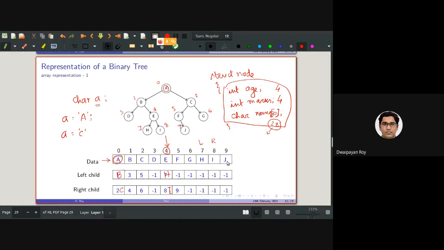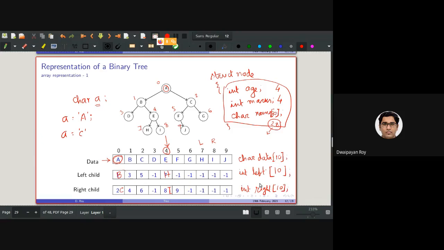You get it? Initially, for the example with only the alphabets, the data was char data of size 10, and left child, we can use int left, again an array of size 10, and also int right, which will be containing 10 indices.